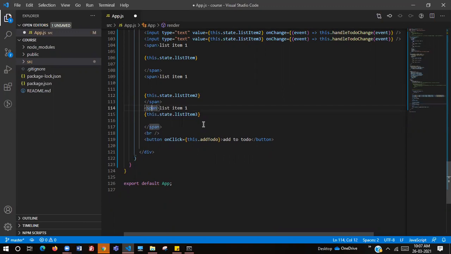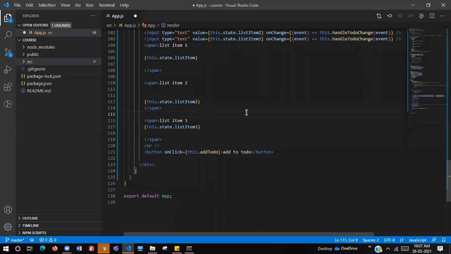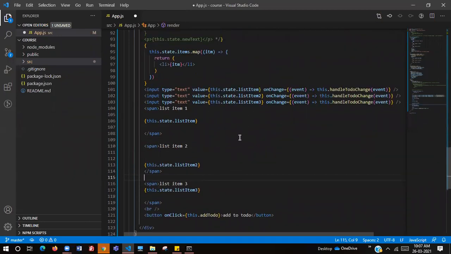This is the third one, and this is the second one. I'm just doing this so that we can have a view when we change them, and how we can have a look at them.